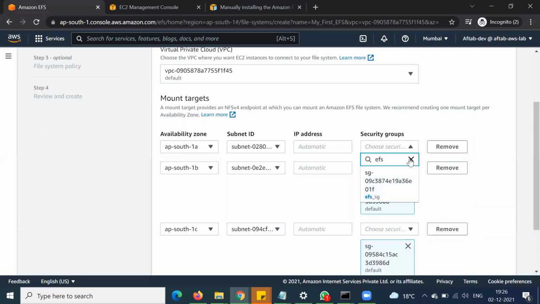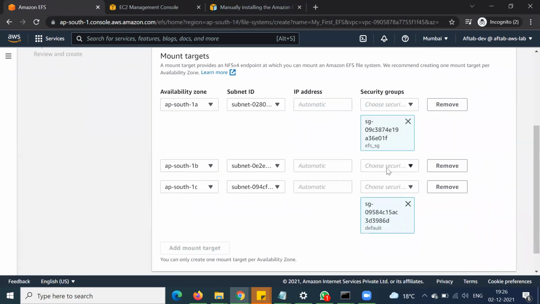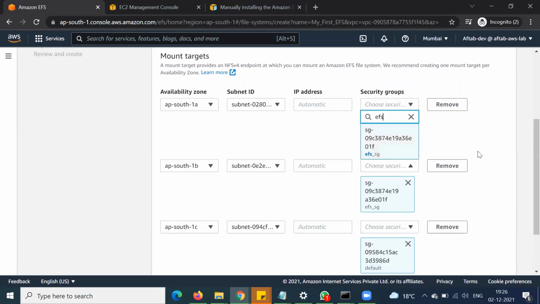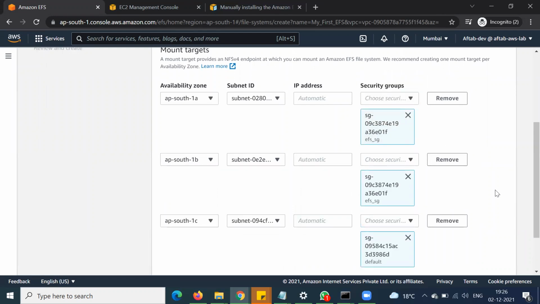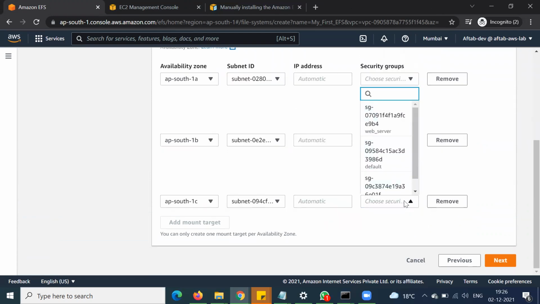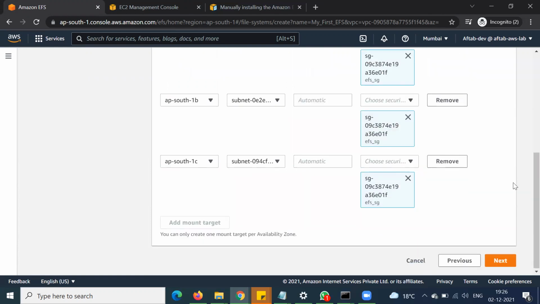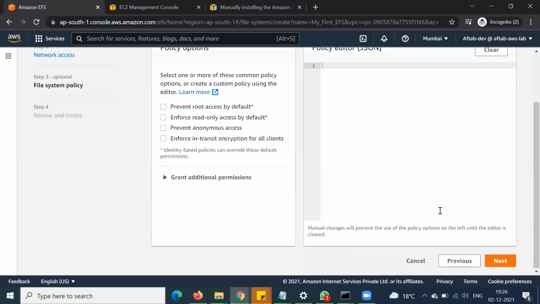Attach the security group and remove the default. We have attached this EFS security group, which we just created. Right. Next.